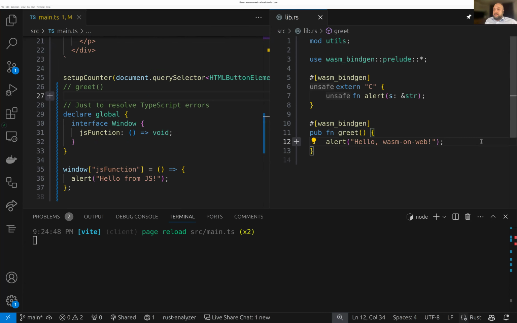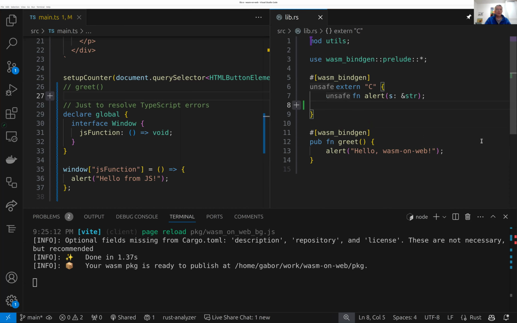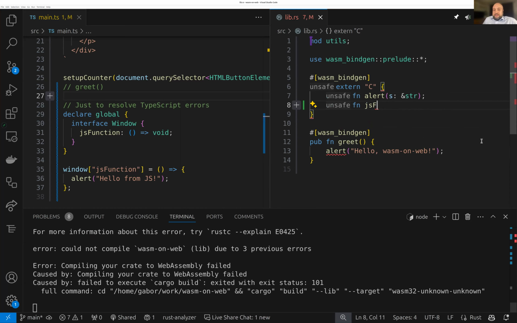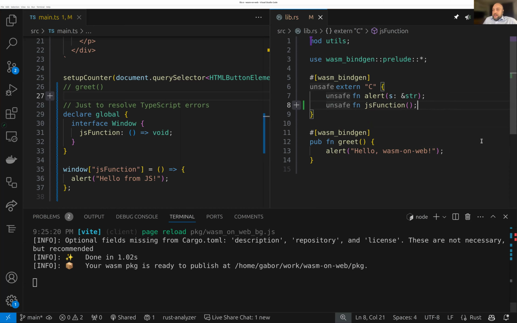You just simply add the JS function to the extern C block. If you need a little bit of help, it's in the article. The unsafe fn is just fn, and then it's simply fn and the exec JS function, naming it JS capital F function. Yep, and it already loaded and recognized